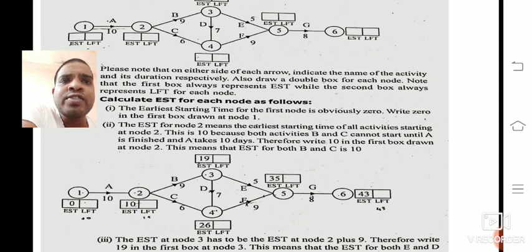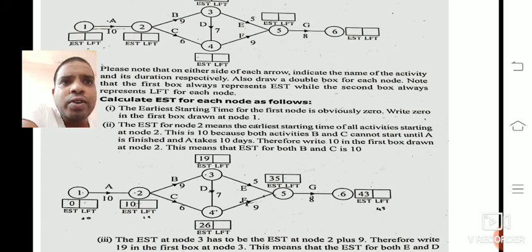At the fourth node, two arrows are incoming, from 2 to 4 and from 3 to 4. From 2 to 4, EST is 10 and C is 6, so that is 16.